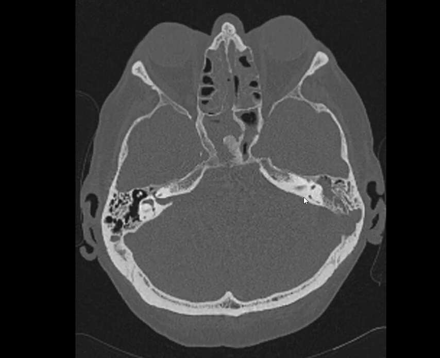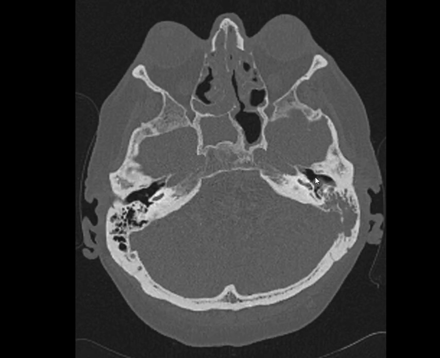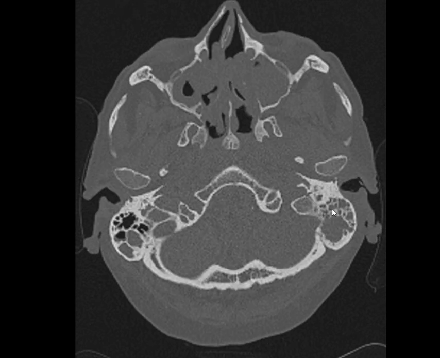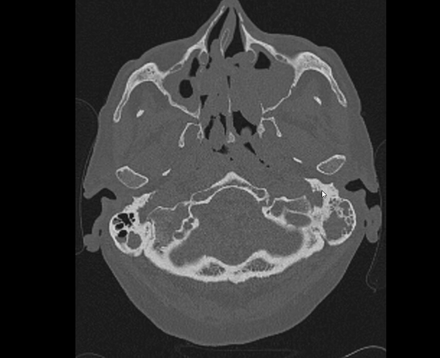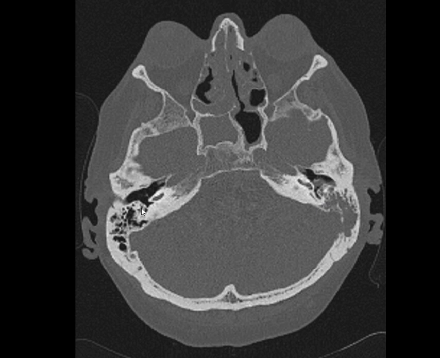Malleus incus look pretty normal when I'm tracing the cranial nerve 7 from internal auditory canal to geniculate ganglion through the tympanic canal. It is coming out through stylomastoid foramen. It is pretty normal. Compared to left or right, obviously this is abnormal mastoid, and